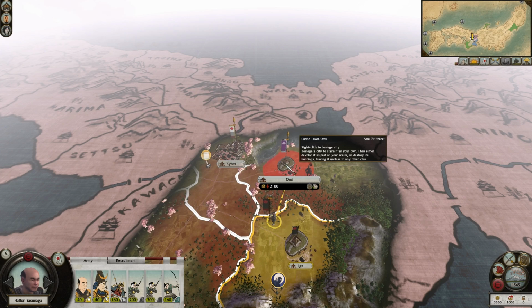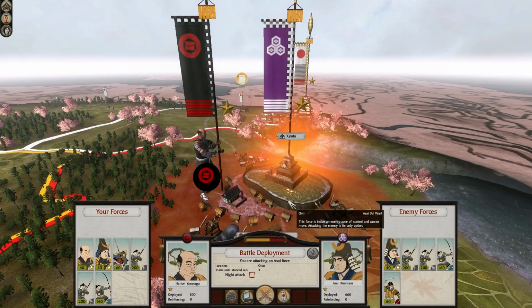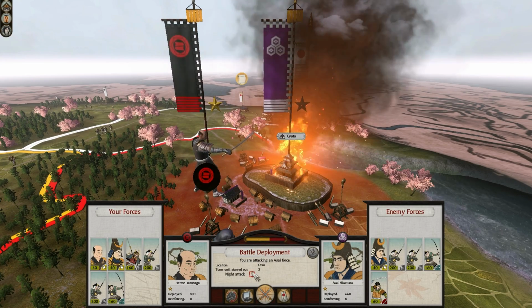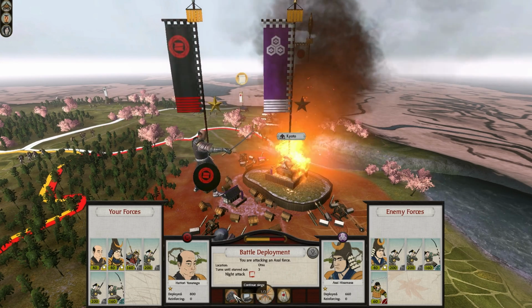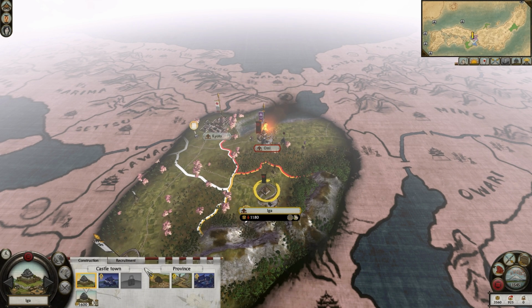Okay, so we are gonna attack Omi. Yes, we'll declare war on them. And I'm just gonna siege them out. There's no need for me to attack here. So yeah, I can make it a night attack. It means we don't get reinforcements, they don't get reinforcements, just like disappearing. Of course, there isn't any reinforcements here anyway. But I'm not gonna attack them either way. So,